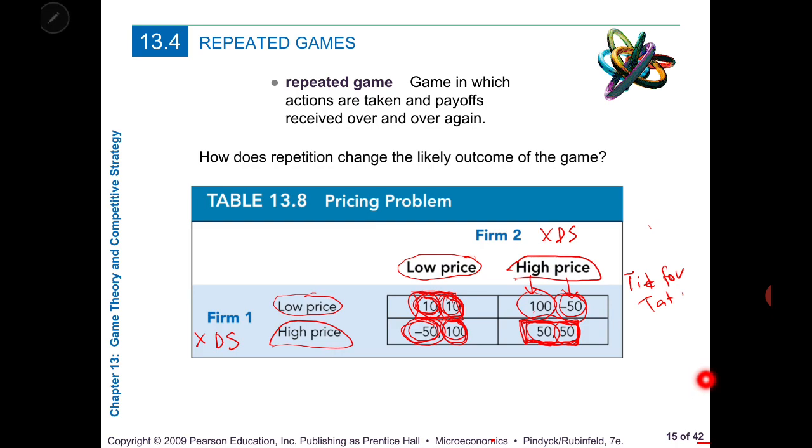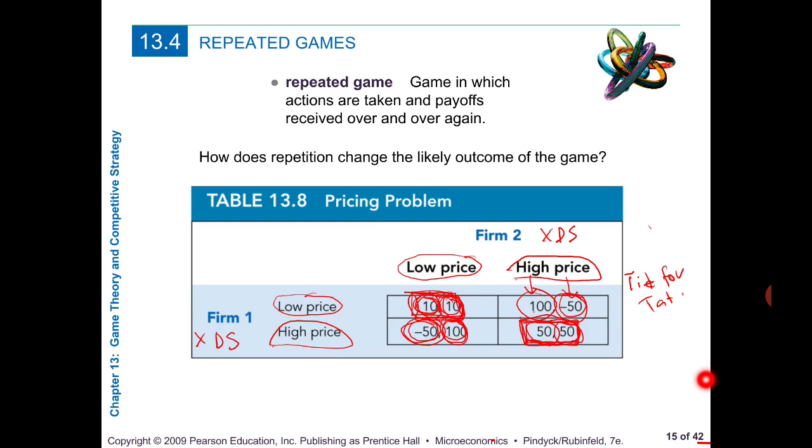So either low price or high price, simply because they know that it's better to maintain a certain equilibrium that they understand each other will be taking, rather than deviate from that equilibrium, because there is opportunity for tit for tat in the next period.